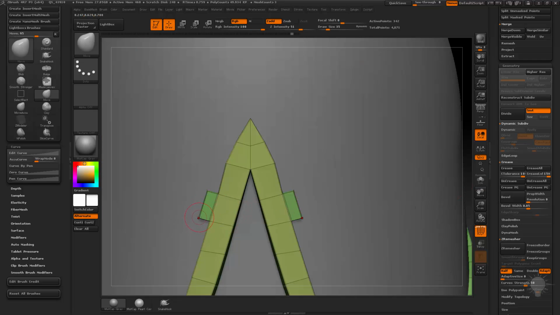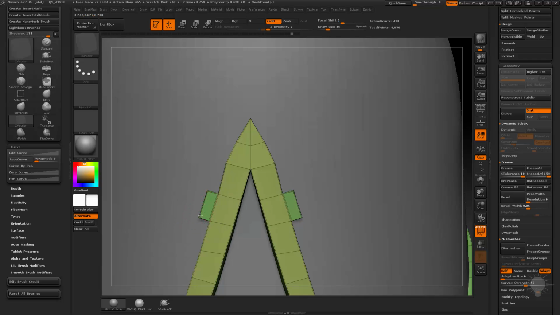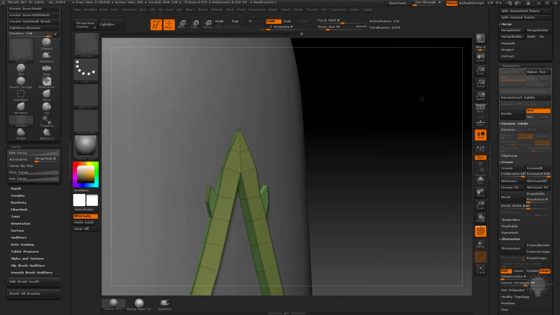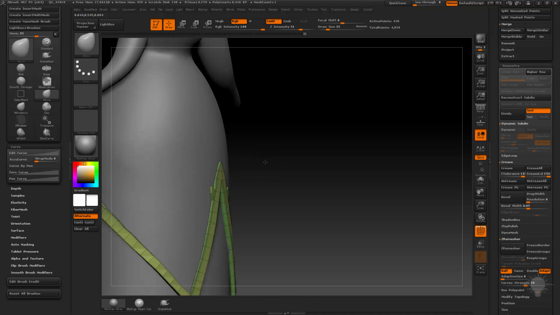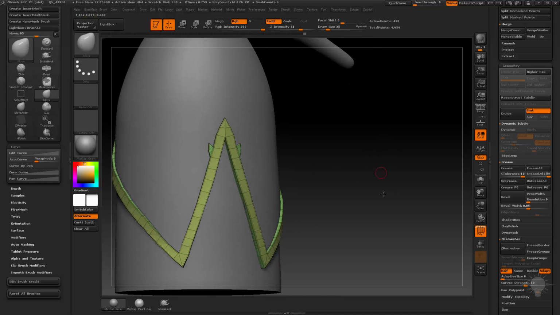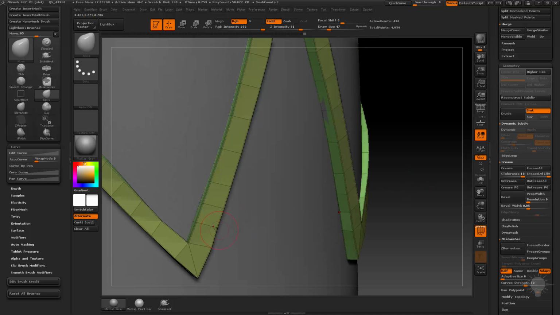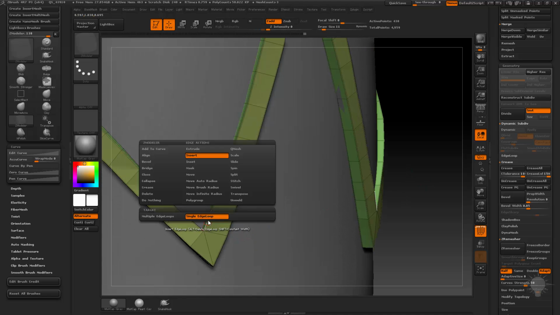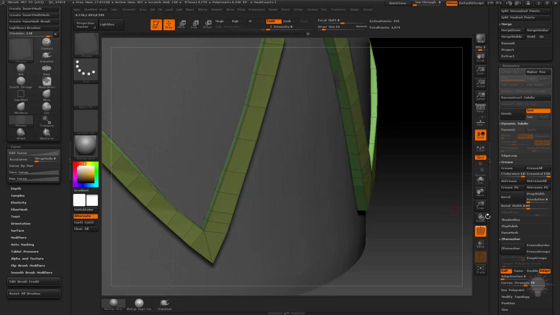And now in my ZModeler brush, we can hover over move infinite depth, and then just grab these points here. That'll give us a much nicer transition. There we go. So we got one little flame offset here, and of course you're going to go into your move brush and kind of make these match a little bit better. And then we'll go down here to the corner, and on this one, let's go ahead and do an insert single edge loop on this one, insert single edge loop on this one,